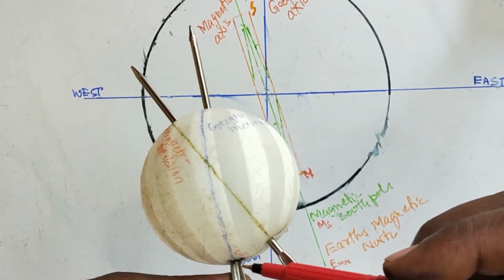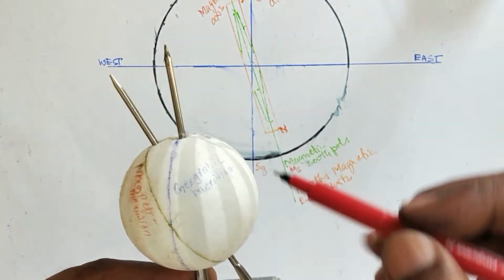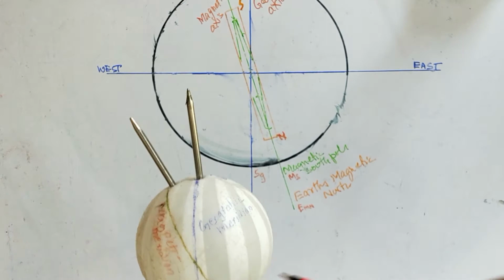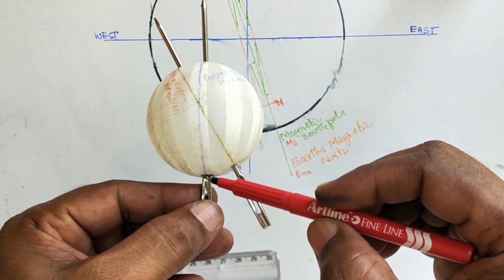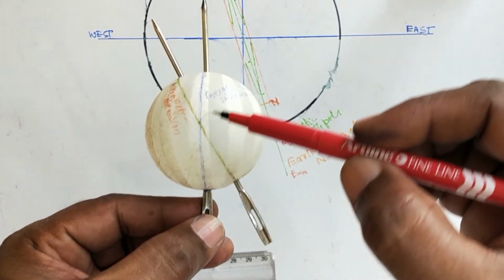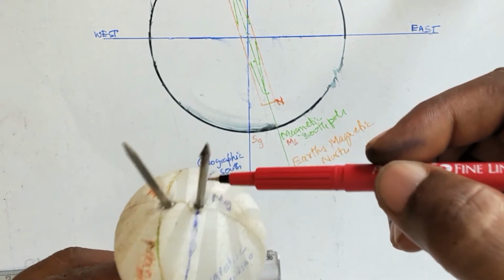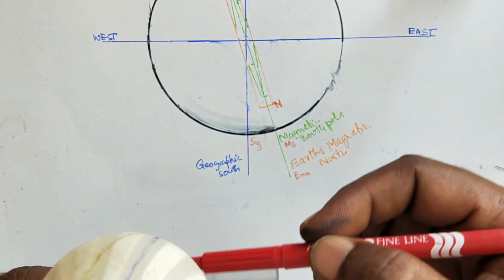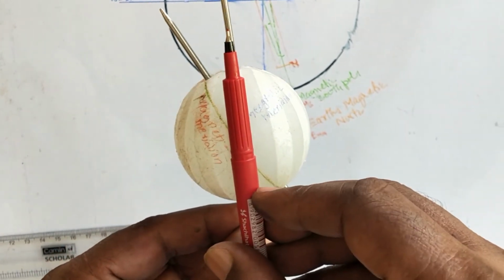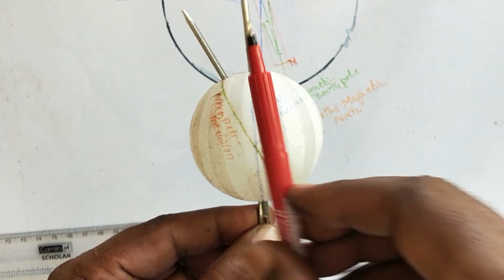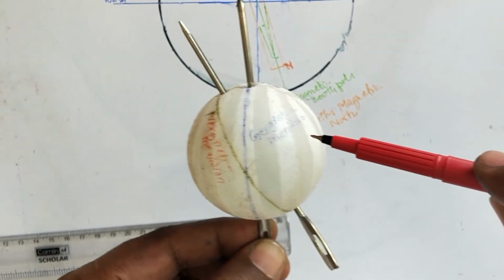The imaginary line joining the poles on the surface of the earth is called the geographic meridian. So try to understand what a meridian is. The line that is joining the southern pole and the northern pole. Understand? If we join the other end also, we get another line. So this is a geographical plane. If we consider this as a plane, it is a geographical plane. The line joining these two poles is called the geographic meridian.